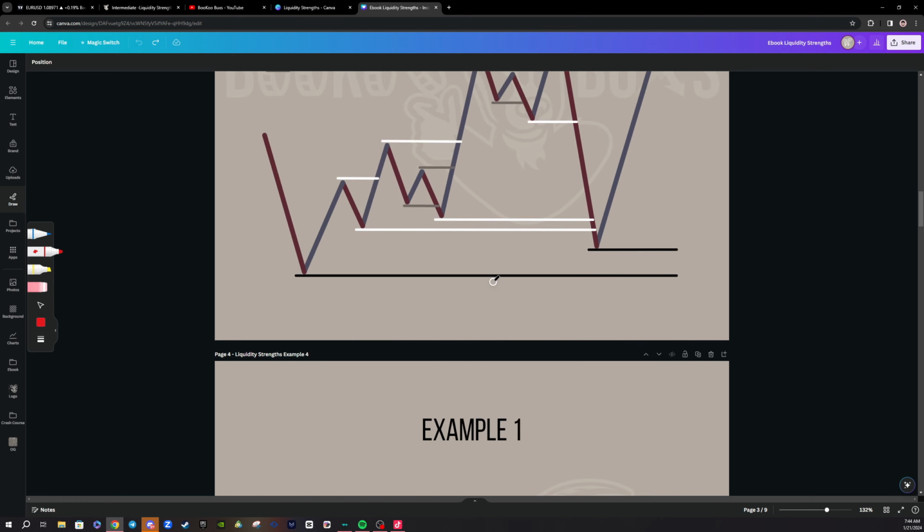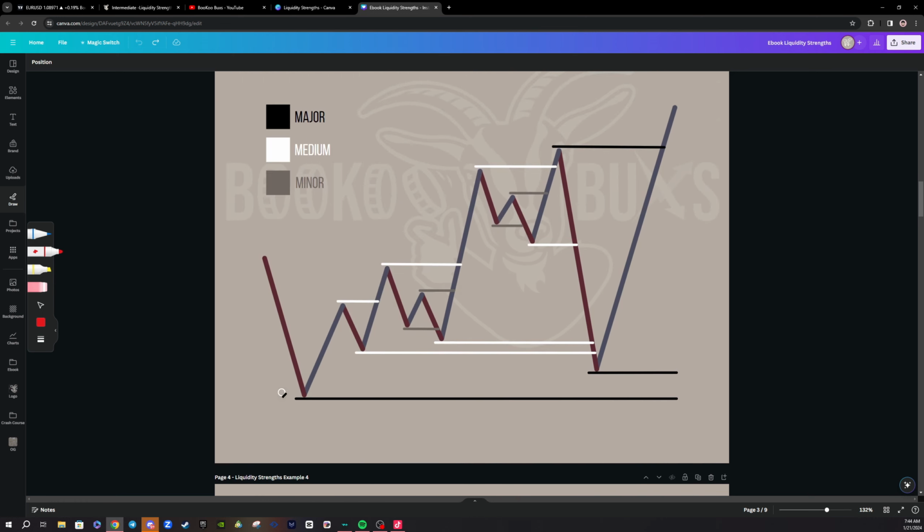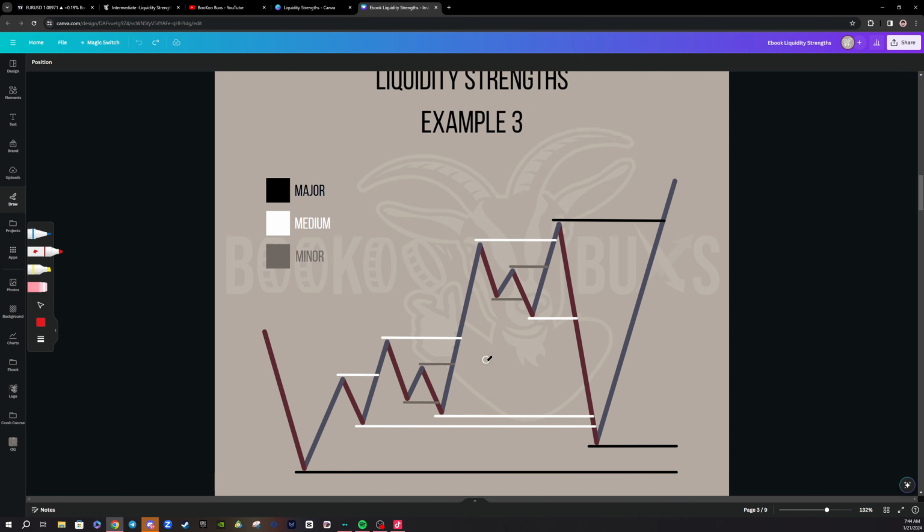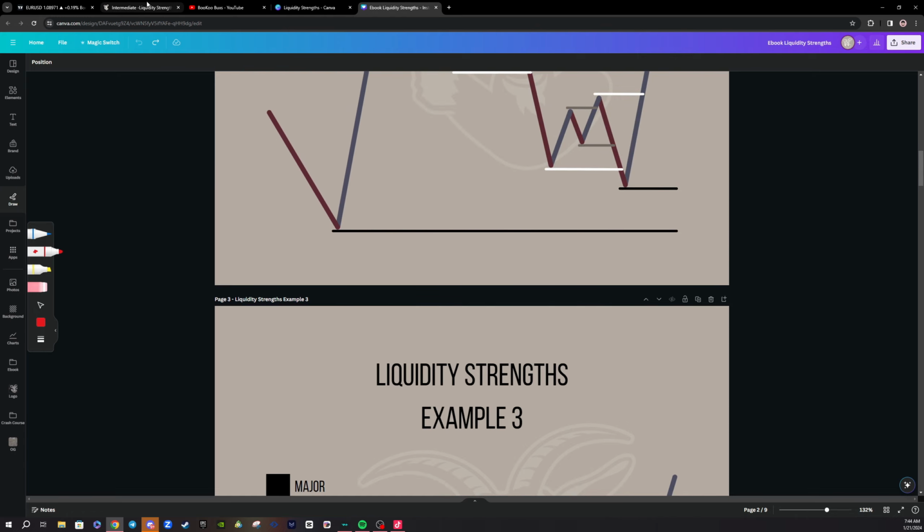So here's a couple of examples. I won't break them all down, but you guys get the gist of it. Here's the main range, and then you have a range within it, and then even within that range, you got smaller ranges within it. Use the same exact concept. So in this case, I bring this up because